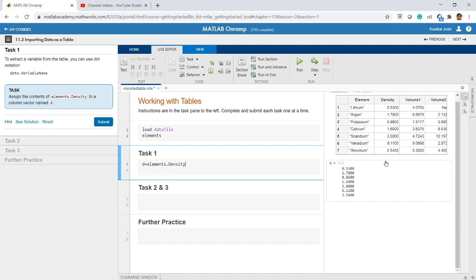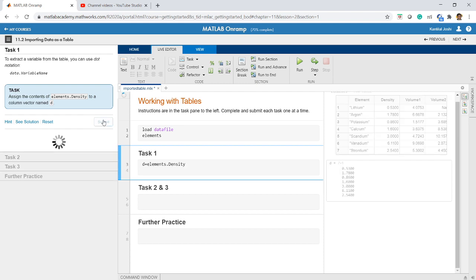This is slightly different than the matrix form, wherein we have to use parentheses and provide the location, first column, second column, like that, okay? But it is more similar to, if you have studied Python or any other language, that kind of notation where you can simply put a dot and then extract a particular row or a column. I hope you have understood this much.